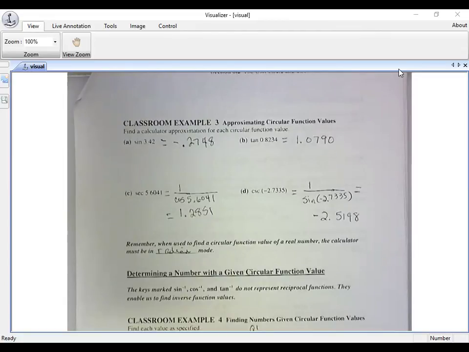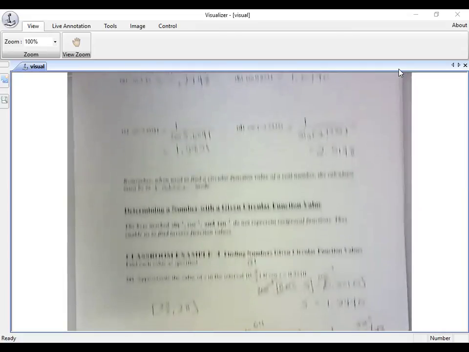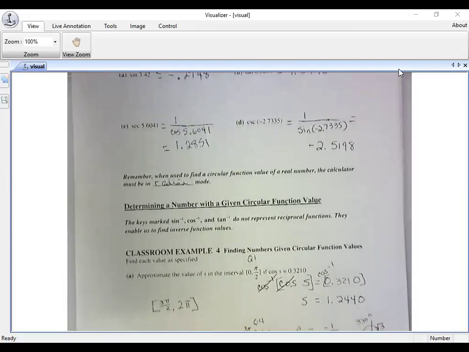So to make sure we don't mess up when we use the calculator, what is it you got to double check before you type this in? Radian. Exactly. Go to mode and you got to make sure that you are in radian mode, not degree mode, or you will not get the right answer. Now,